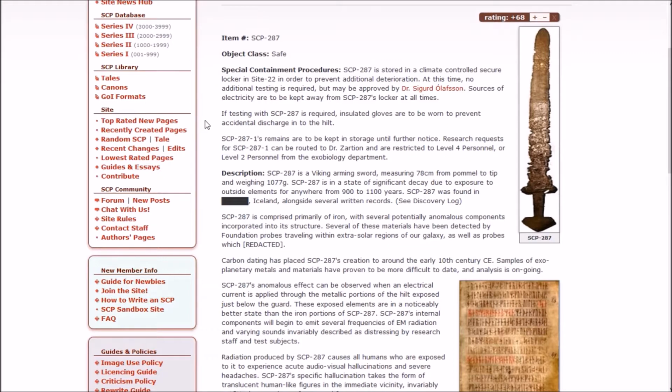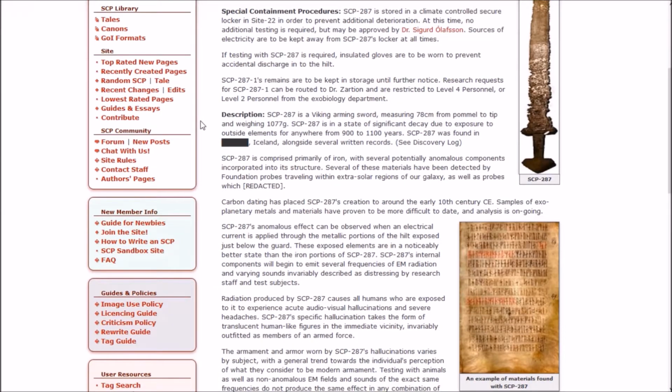287-1's remains are to be kept in storage until further notice. Research requests for 1 can be routed to Dr. Zarshan and are restricted to level 4 personnel or level 2 personnel from the exobiology department. Okay then. 287 is a Viking arming sword, measuring 78 centimeters from pommel to tip and weighing